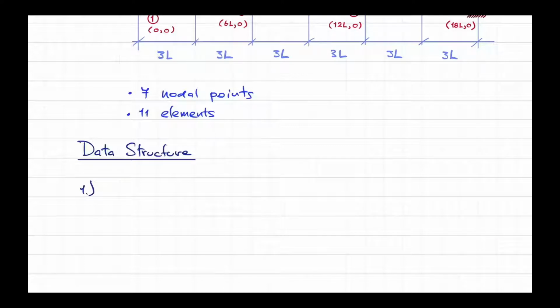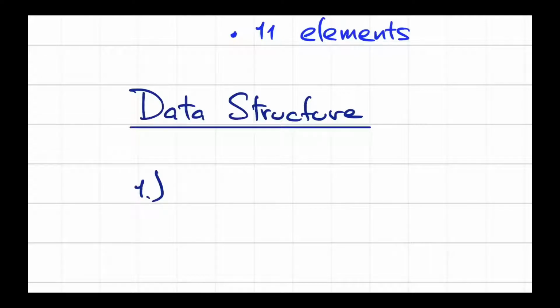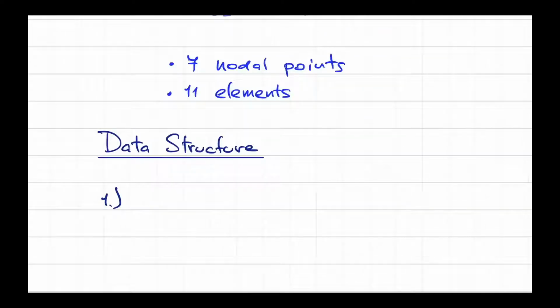First, nodal point coordinates, right? This is important because from nodal point coordinate, if you find the distance between two points, you get the length of the member. And then if you get the length, you'll be able to define the angle next. The orientation could be calculated from that too. You get delta x, you get delta y, you find the angle orientation by the arctangent value. Okay, that's it. So the nodal point coordinate